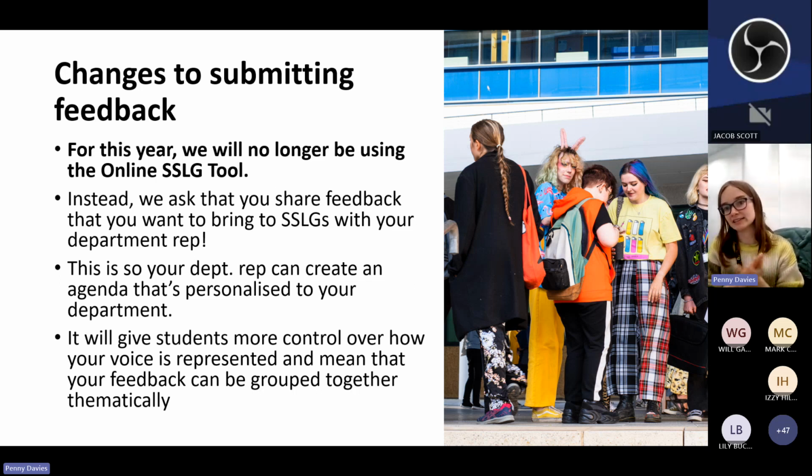Not all of you will have had SSLGs before with other courses, but if you're a student who's been in an SSLG with other courses in your department, you may have experienced the situation where one course brings up an item of feedback, let's say about the studio space. Your studio spaces are too cold, the heating needs to be turned on. And then another course goes, yeah, our studio spaces are also really cold and the heating needs to be turned on. And then another course goes, yeah, I agree, the studio spaces are really cold.